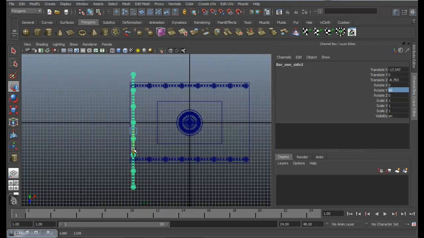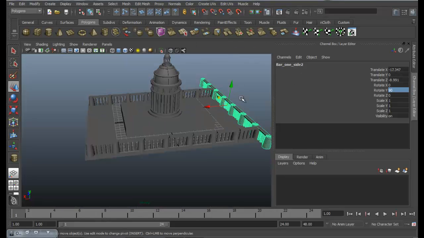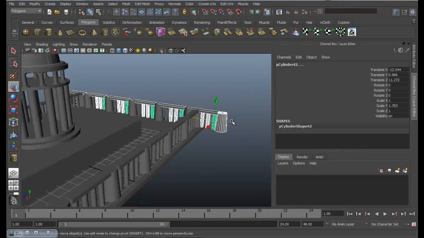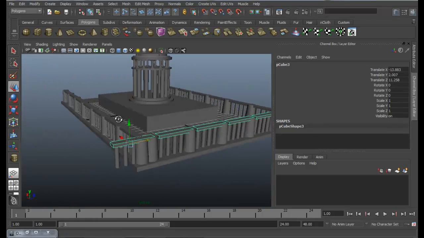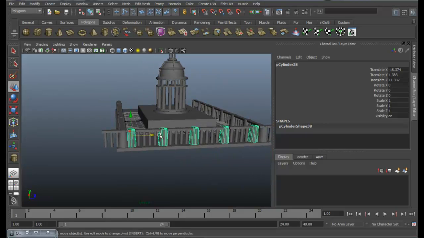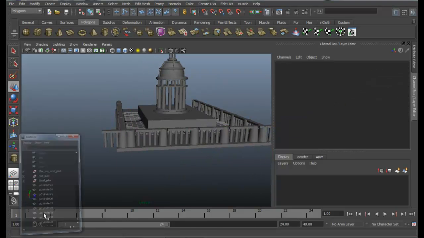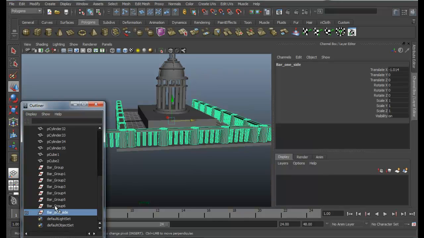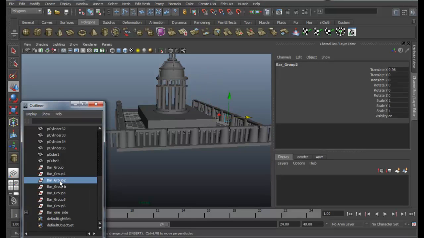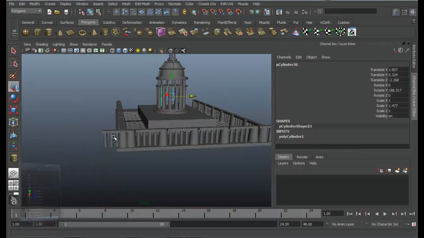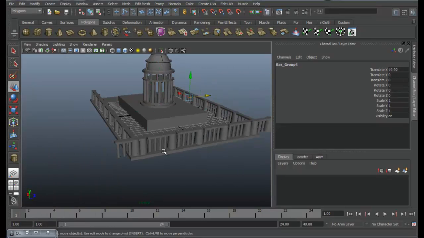So the side is not too long, so we don't need all of these objects, so we can just delete them by selecting. Oops, they're all the same. That's gonna be a problem. Okay, no problem. Go to bar group 6. Oh, I think we made a mistake by duplicating it. Okay, let's just undo it.